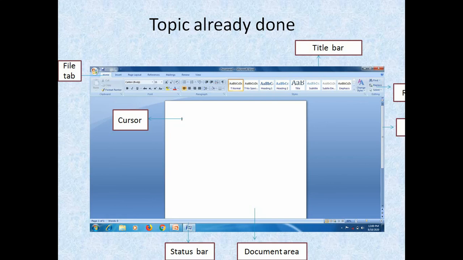We can set the alignment of the text. Alignment means to show some text at the right side, some text at the left side, some pictures at the right side, left side, bottom right side, top left side, etc. Next, we can find and replace text easily.